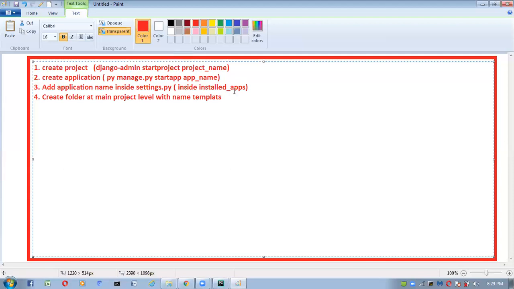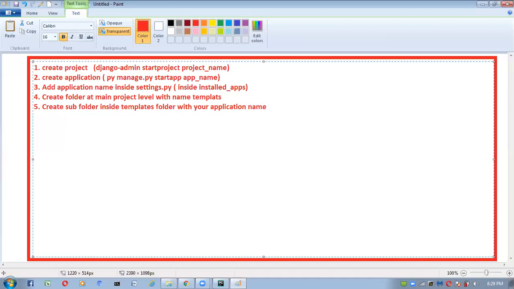Next, fifth step: create a subfolder inside the templates folder with your application name.